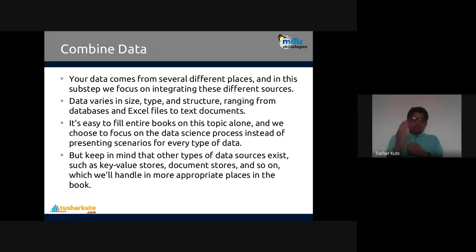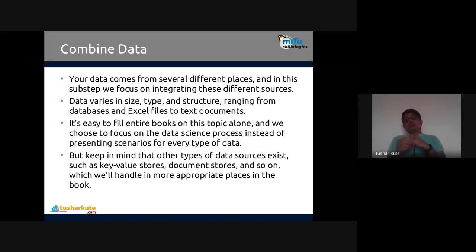One more example: I want to check the literacy rate of India, but I don't have that directly. I have data from different states. Different states have given their data, and I want to find a collective literacy rate for India. So what I can do is combine that, then only can I perform operations. So different sources can be there, and different types of data may also be possible.